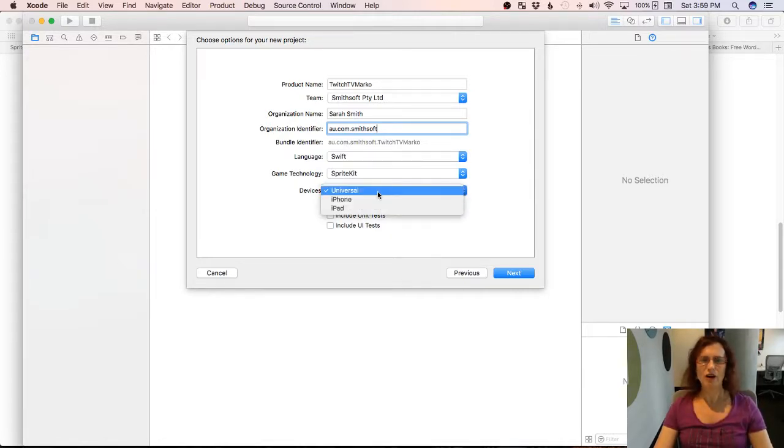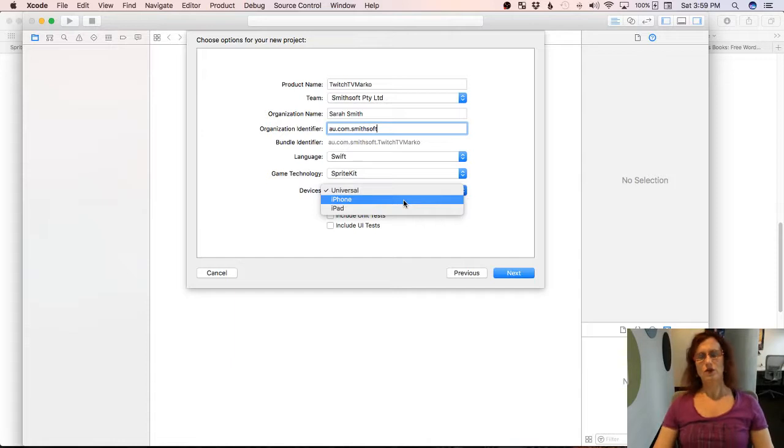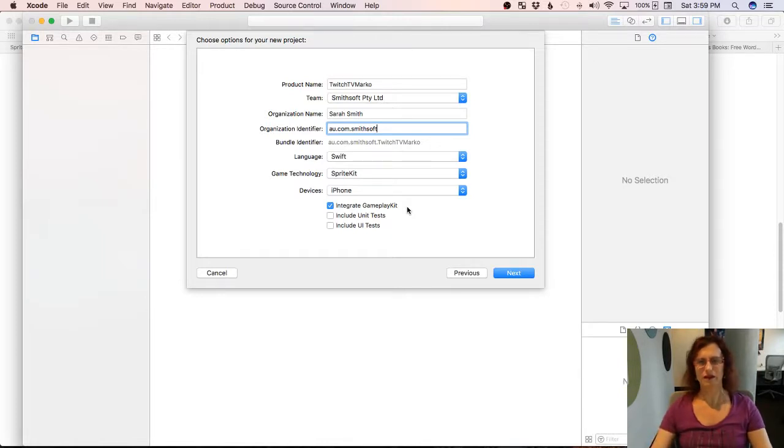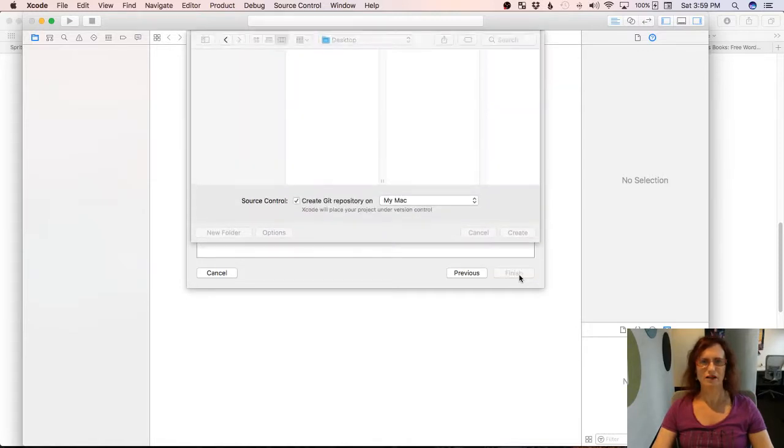Now normally what I would do is go straight to Universal here. I'm just going to choose iPhone this time, just to make things a little bit simpler. And this is new in iOS 10. I really love how this works. This is going to integrate Gameplay Kit into our new game. So let's press next, and